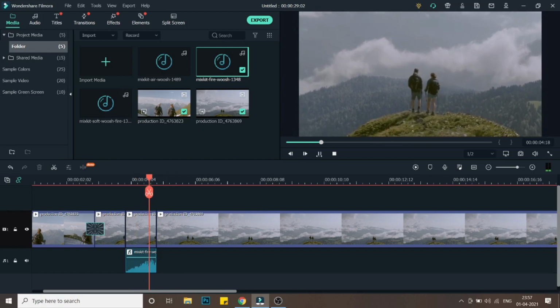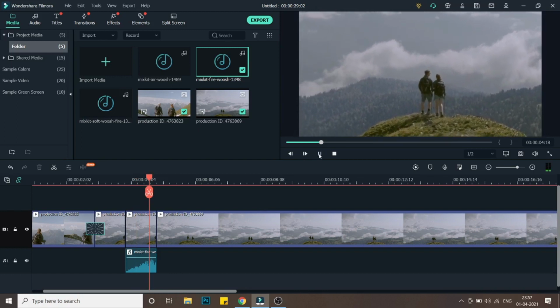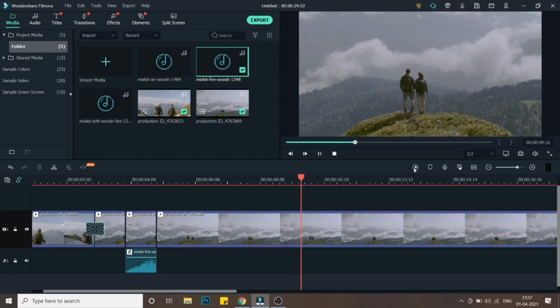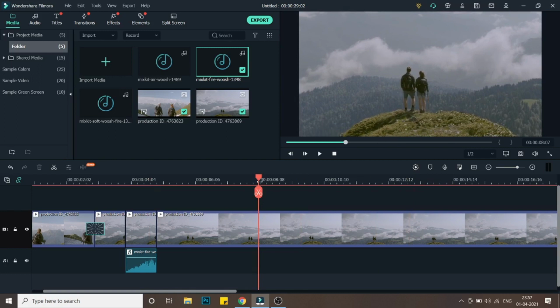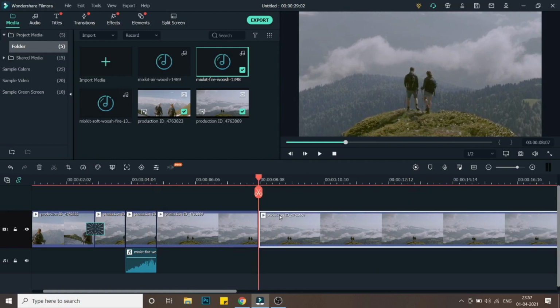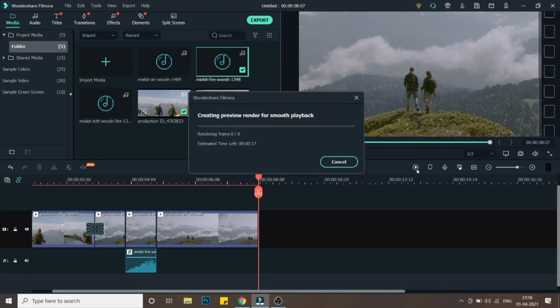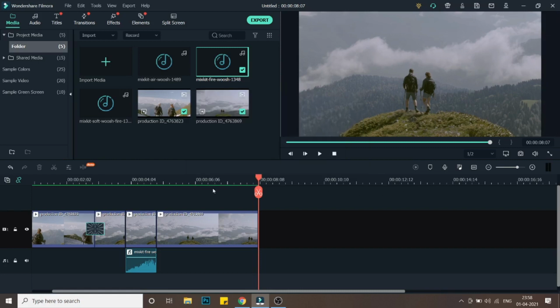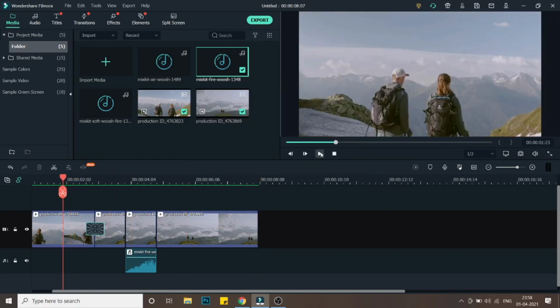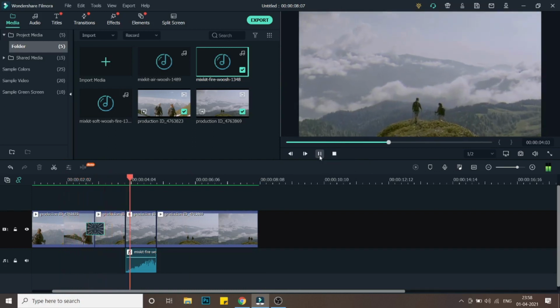I think it is a little laggy. Let me just pre-render it and then play it again. Let me delete the rest of the part and let's just render it. So we have rendered it. Now let's just play the video and let's see how the zoom and transition looks. As you can see,